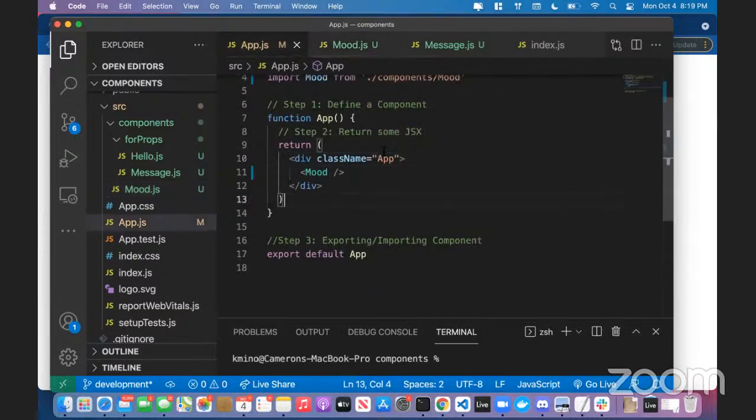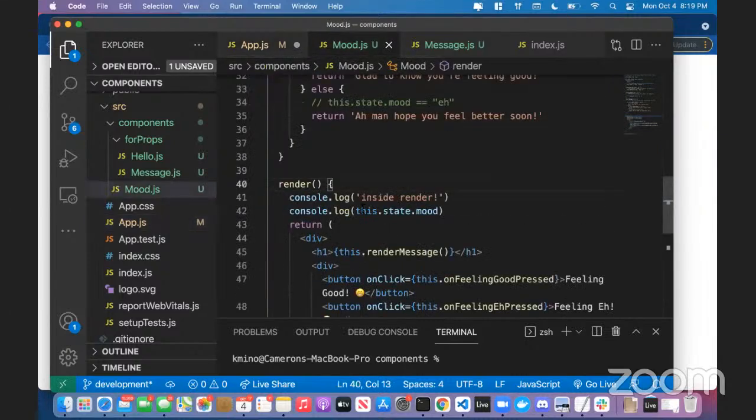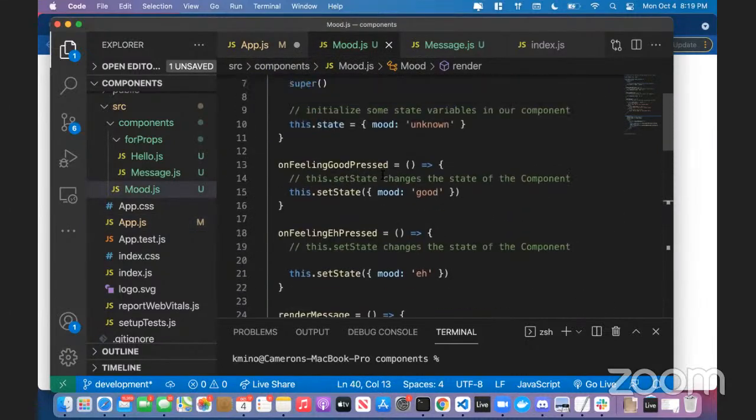Again, the difference between state and props, right? Props are data that you pass into a component from its parent. So if I wanted to pass props into our mood component, I could define a prop. So maybe prop1 and set it equal to something in here, right? Prop2, et cetera, et cetera. I can pass props down into components. And when the components have these props passed down to them, they can make use of them inside of themselves, right? I can console log, or